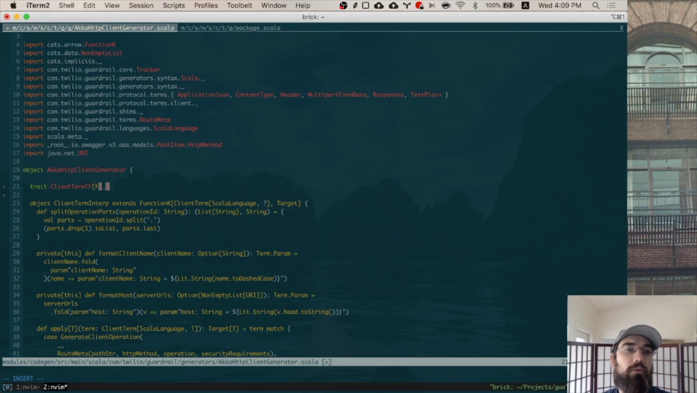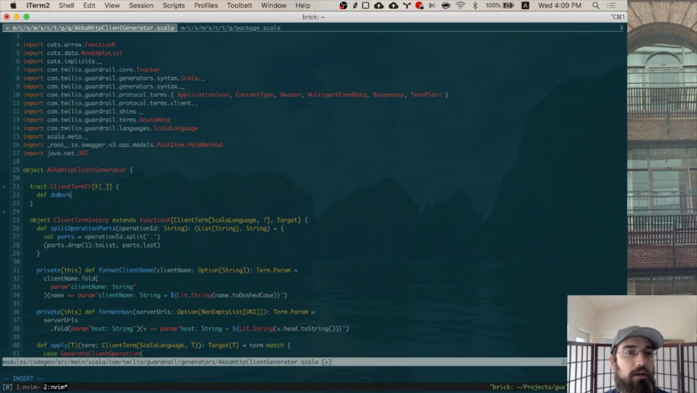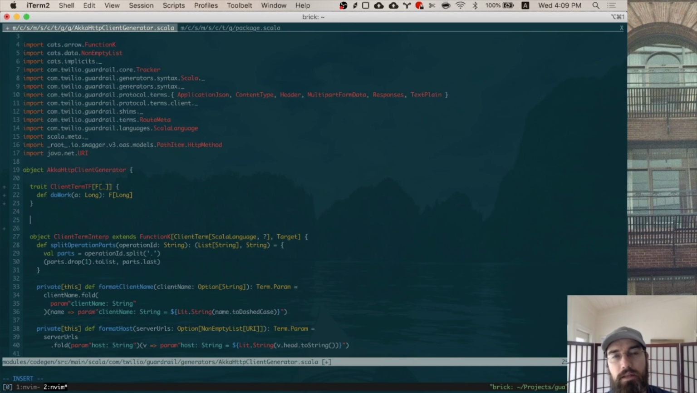this with say some do work. I guess A would be, actually we could just do like long, and then this would be F of long. And so we would leave the definition for that unspecified, but then if we needed to implement a function that needed that, we would just say do more work, right? So just F,